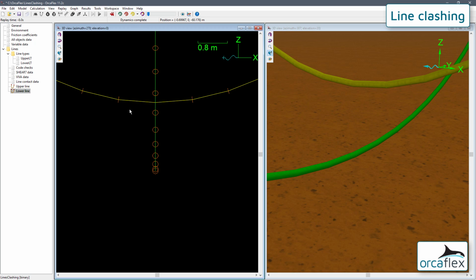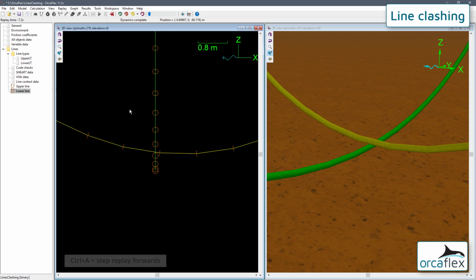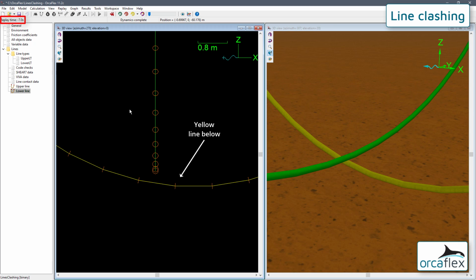If we advance the replay one frame at a time, which is done using the Ctrl-A shortcut, we can see that as the yellow line falls towards the green line, and just before it hits it, we are at a time of -7.2 seconds. If we advance to the next time step, -7 seconds, you can see the yellow line is now below the green line, so consequently no contact has been observed.